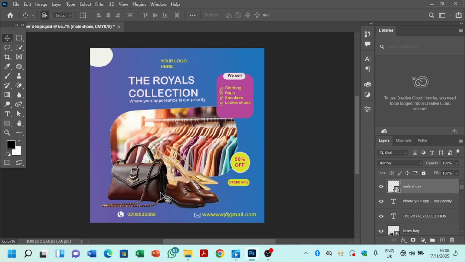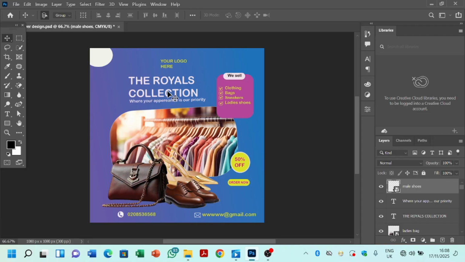So let's move into how to edit this template. So if you want to import your logo here with the part where it says your logo here, first of all you need to make sure that your logo, the background has been removed. Okay, the logo is without a background, and there are so many background removing sites, but I would prescribe PhotoRoom. So you use PhotoRoom to remove the background, you download it onto your files, and then you upload